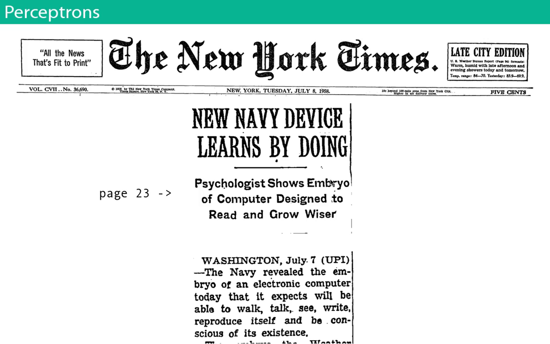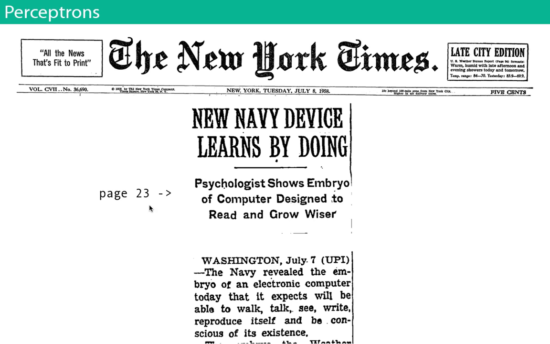Okay. Also, everyone is very excited about machine learning this year. There's a lot of hype building up. This is not new. This is from the New York Times, on page 23 in 1958. I wish I could say it's the front page, but it's just page 23. Nevertheless, the Navy revealed the embryo of an electronic computer today that it expects will be able to walk, talk, see, write, reproduce itself, and be conscious of its existence.